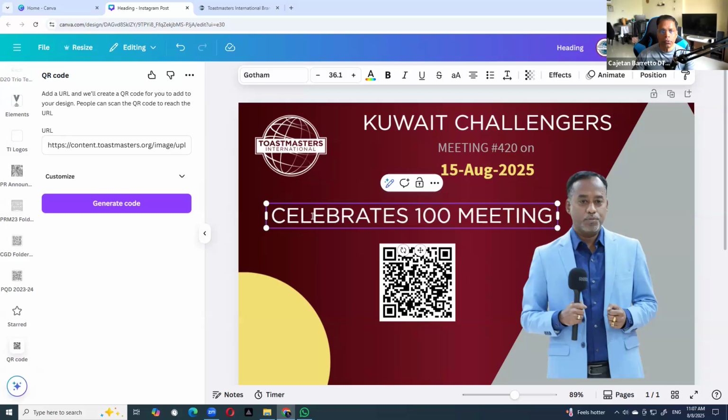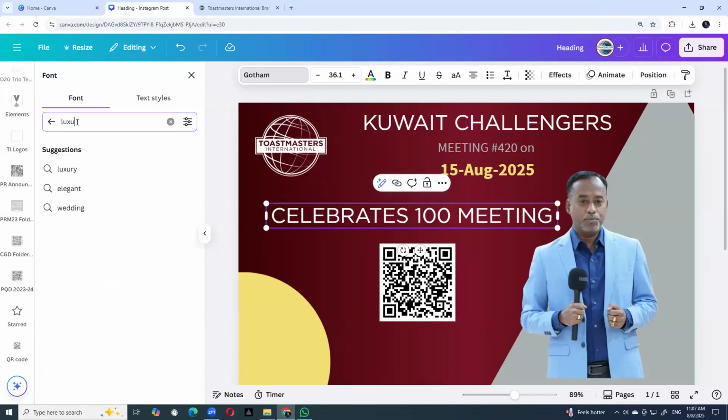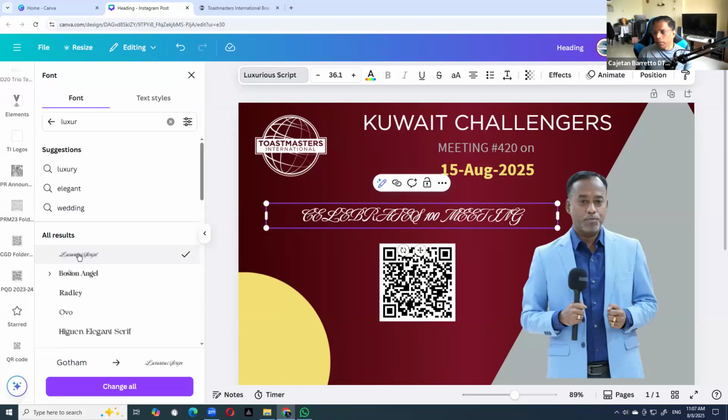For example, you want to showcase this in this font called Corinthia, luxurious script, right? Can you read it? I can't read it. Horrible. It looks horrible, right?